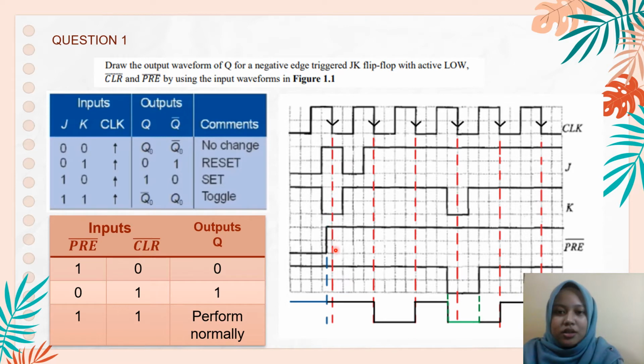J1, K0, preset 1 and clear 1, output becomes 1, and second clock J1, K1, preset 1, clear 1, output becomes 1. Okay, the third clock J1, K1, preset 1, clear 1, output becomes 0, and